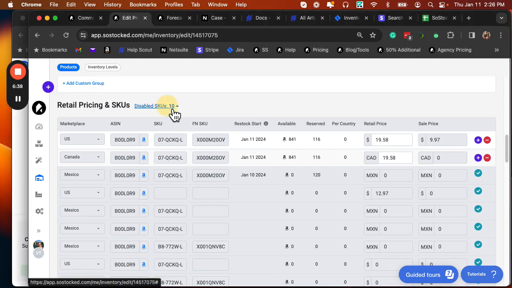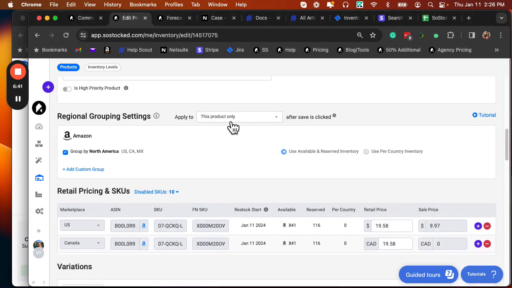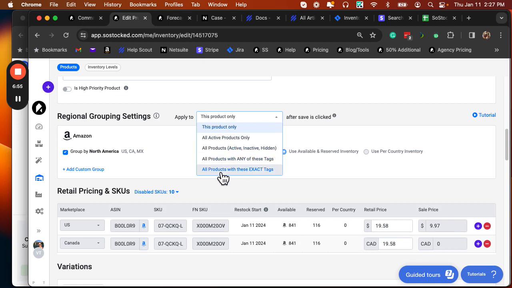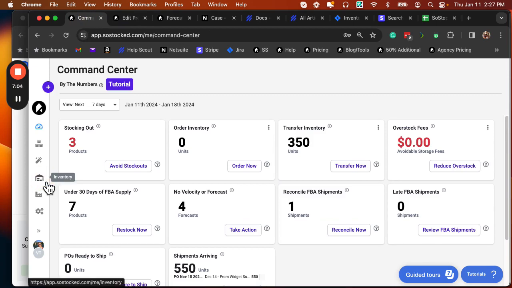Okay, and the last thing I want to talk about is different options for saving and applying. So by default, what you would normally do is save and apply to all products, all active products. You can also save and apply to hidden products included, or any products with these tags, or all products with these exact tags. So basically what that means is, let's say I'll start back here, on my inventory page,